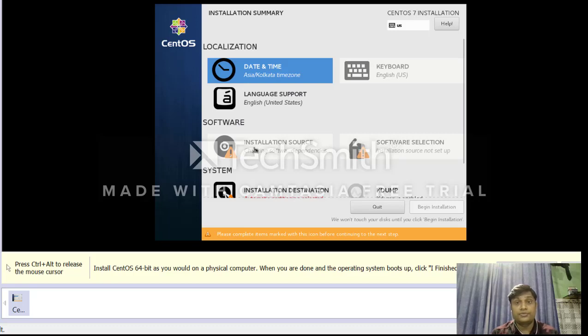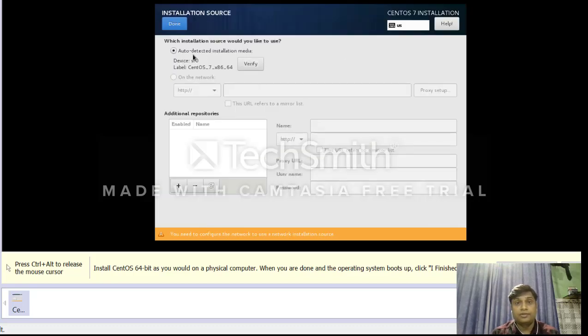The installation source shows it is auto detected because we have already provided this CentOS image. If you have any FTP server, you can just click on this network part and provide the IP address of your FTP. It will install the package from there as well.